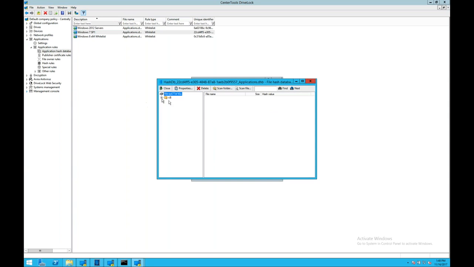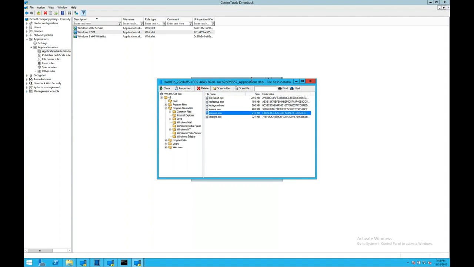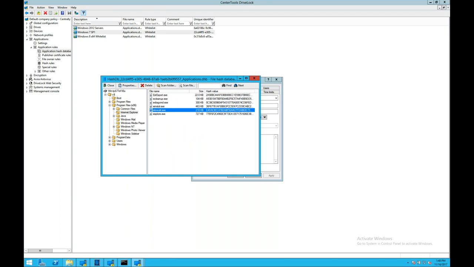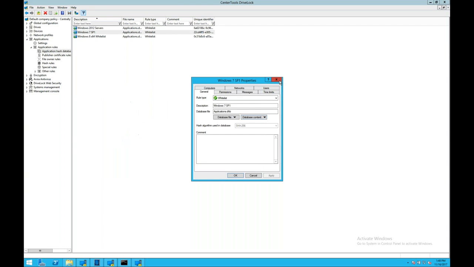You'll be able to view each one of those files that has been added to the whitelist and review the whitelist and easily manage it automatically. The ongoing management of the whitelist is really critical to the success of any whitelisting deployment. And this is done in DriveLock using industry-leading automation to reduce the resources needed for management. The first in this list of automatic management